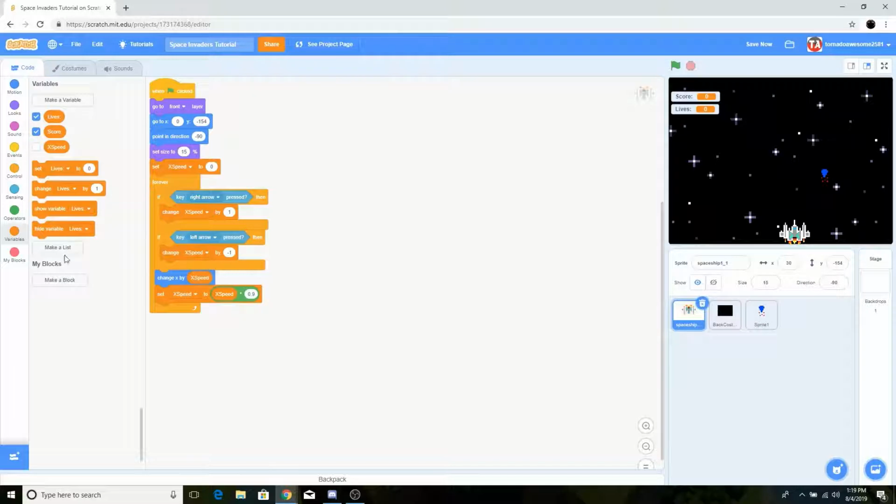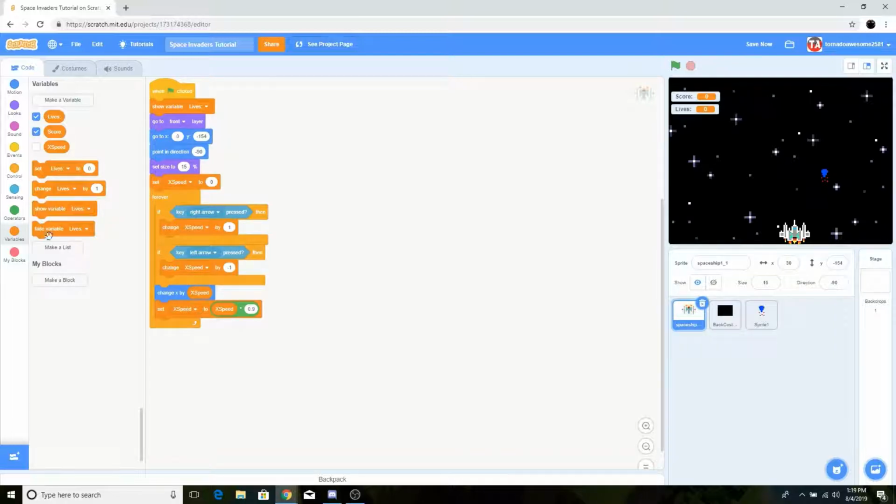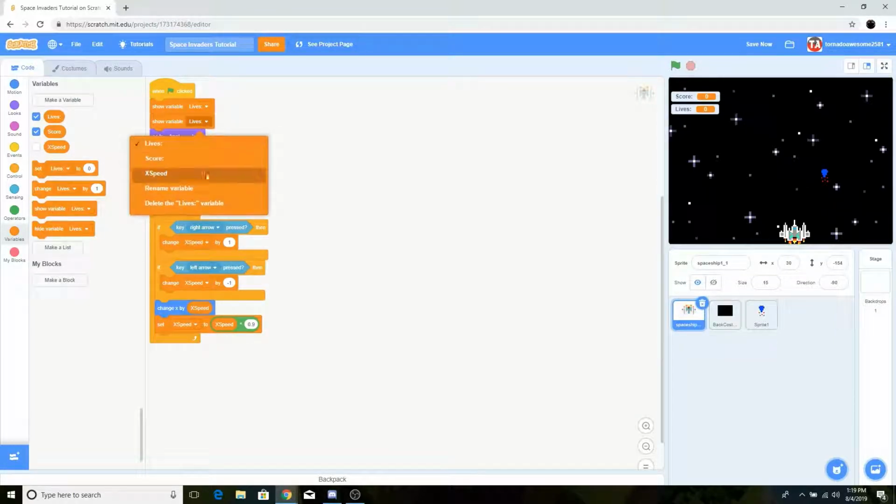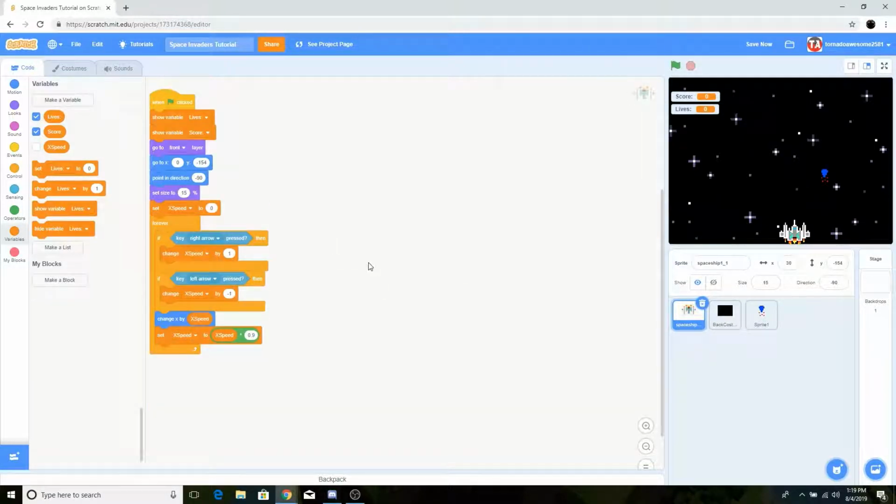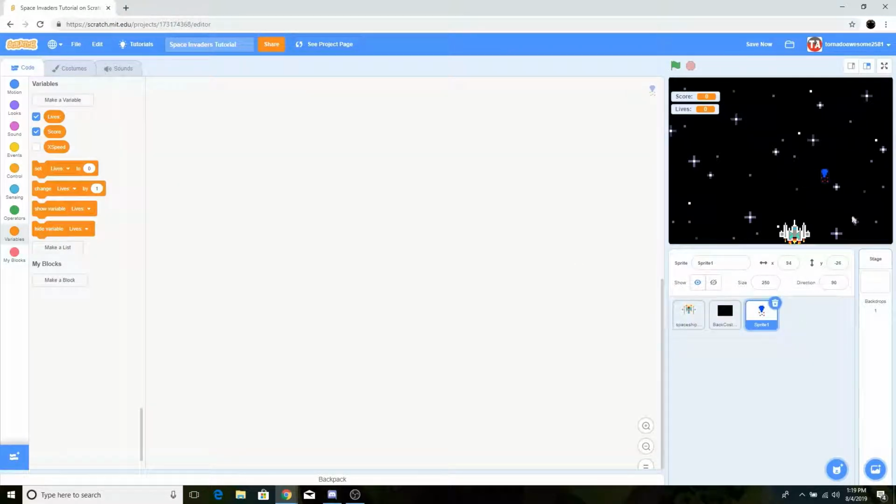So now what we're going to want to do is, when the flag is clicked, we're just going to want to show the variables here, so score. And then that's all we have to finish here. So now we're going to want to go to sprite 1 right here, which is going to be our bullet. And we're going to want to add an